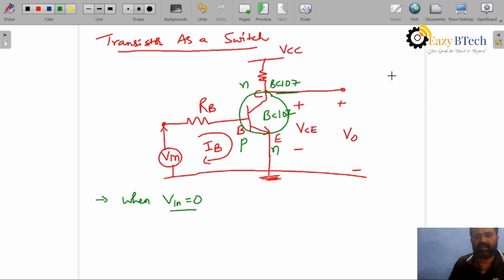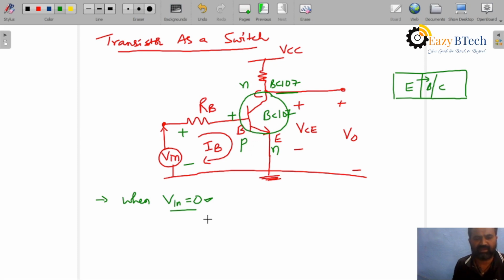Here it is the emitter terminal, the base terminal, and the collector terminal. Normally it is operated in forward bias, positive connected to positive of the base. But when you give Vin as 0, the base-emitter junction will automatically operate in reverse bias,